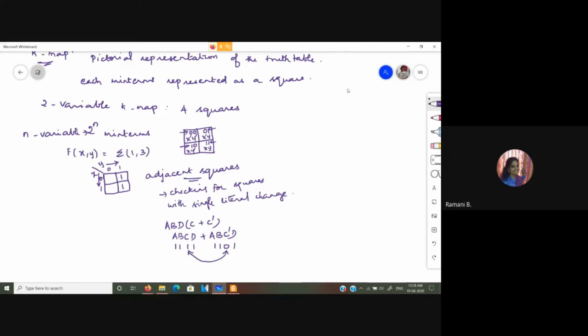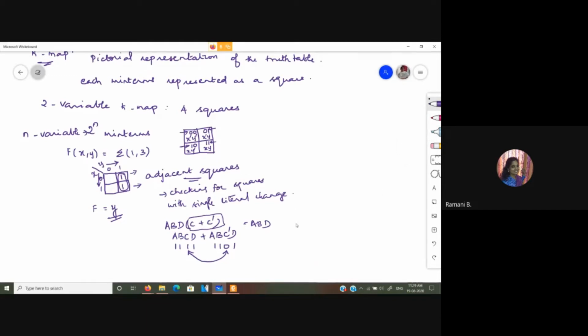Then alone we are applying this complement property and giving the answer as ABD. So with K-map, just by looking at the adjacent squares, we can say whether there is a single change alone or not. So here in this particular thing, you can see that these two are adjacent. So I group those. By grouping those, this implies x value is changing in this as it is 0 and this is 1, whereas y is same in both the things. So the expression is f is equal to y. Okay, that is what the K-map is about.